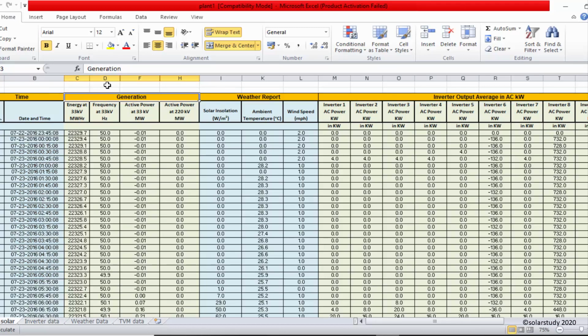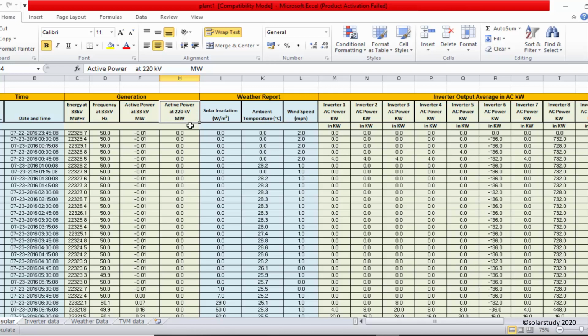Next we will see the generation section. What all does it contain? That is grid connected. What should the energy be? It is at 33 kilovolt, and the frequency at 33 kilovolt. Then active power. What active power am I getting? That is for the 33 kilovolt system.